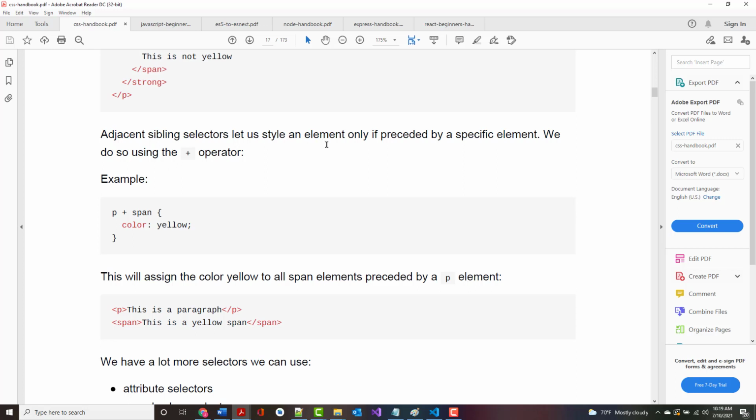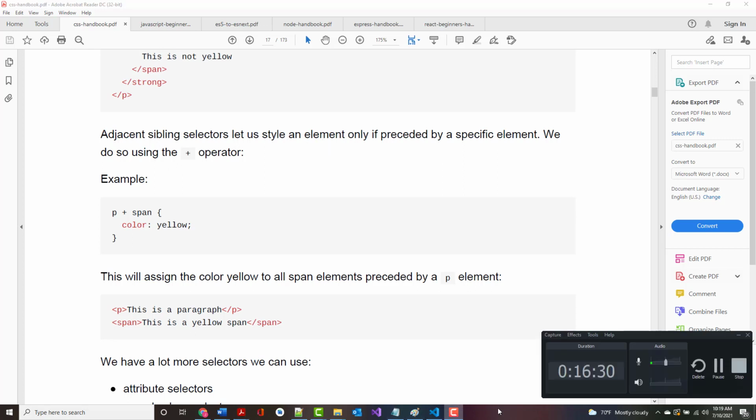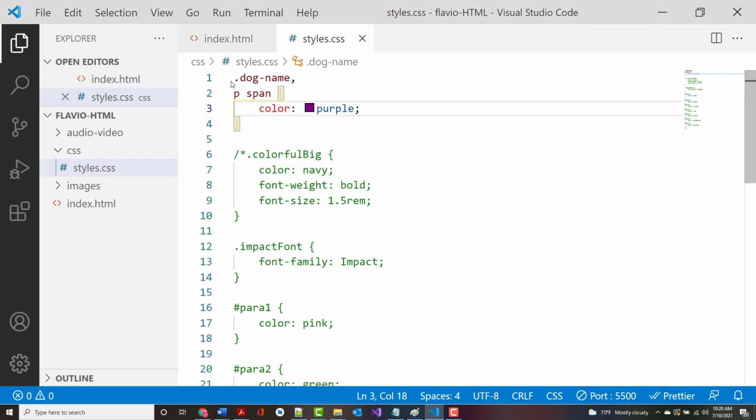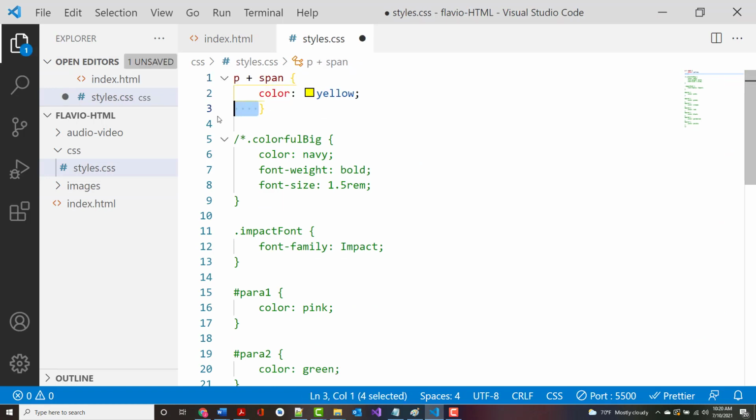Adjacent sibling selectors let us style, as it says there, an element only if it's preceded by a specific element. So this will only show a span that's preceded by a paragraph. Let's change this one, and hopefully it's something you'll find interesting. I'm removing all of these, and I'm setting it to that. And instead of purple, which is kind of hard to read too,